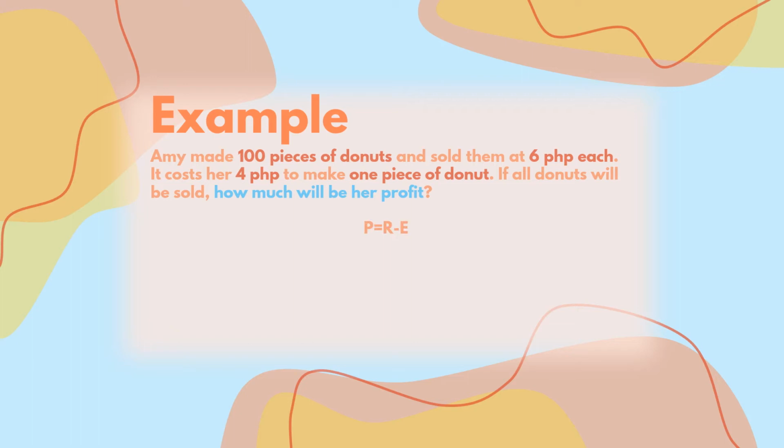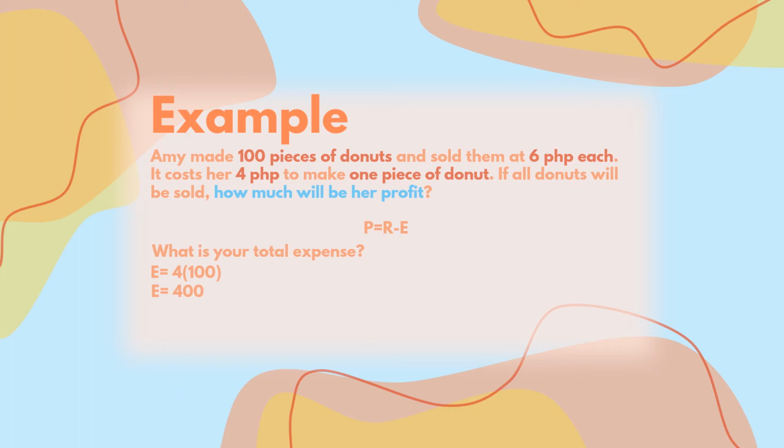So you have P is equal to R minus E. What is your total expense? So our total expense is kung magkano ang ginastos mo. So magkano ba yung puhunan mo? So you have there 4 pesos. And then per one donut. Ilan yung donut na nagawa mo? So you made 100 donuts. So our total expense would be 4 times 100. So simplify, we would get the answer